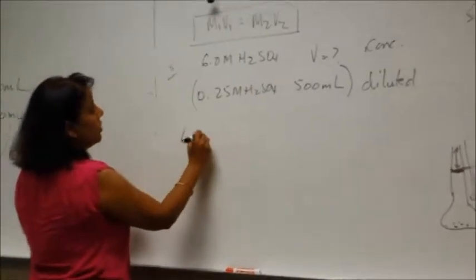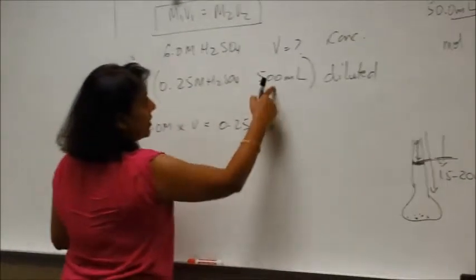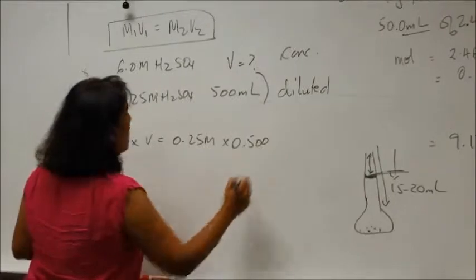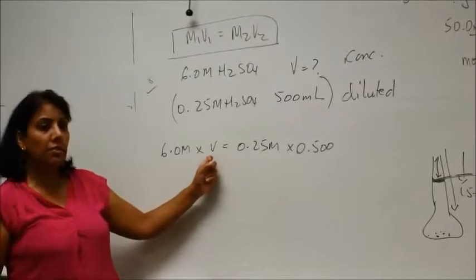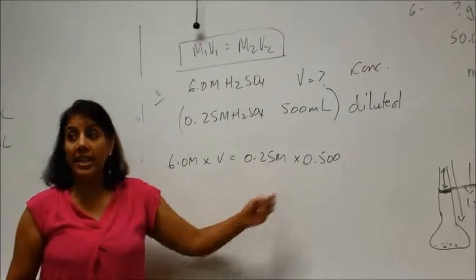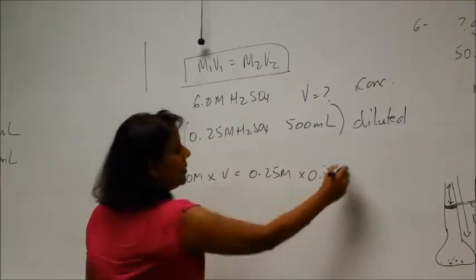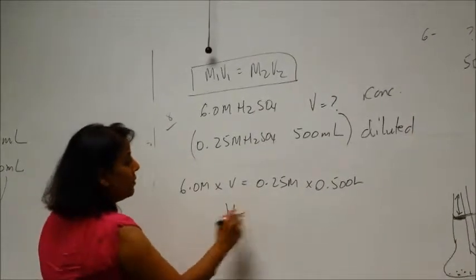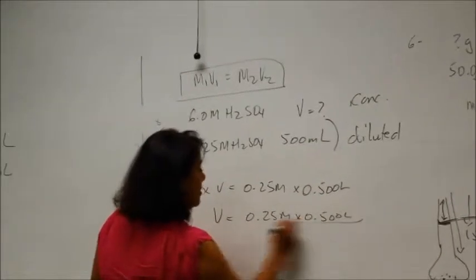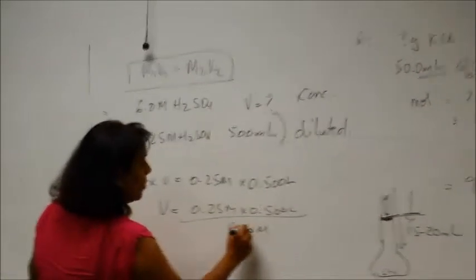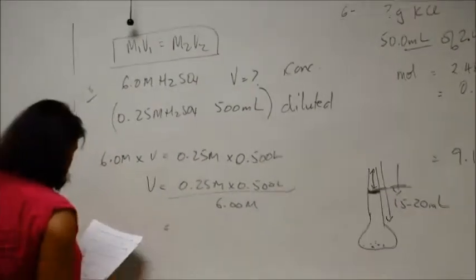M2. So 6.0 molar times volume is equal to 0.25 molar times, convert this to liters, 0.500. I can leave it as 500 milliliters because I'm calculating for volume. If I was calculating molarity, I would certainly change it. But because I'm calculating volume, I can still get away without converting, but I will still convert anyway. So volume here is then cross multiplication, 0.25 molar times 0.500 liters divided by 6.00 molar or 6.0 molar, whatever it is, it doesn't matter. And your answer comes out to be